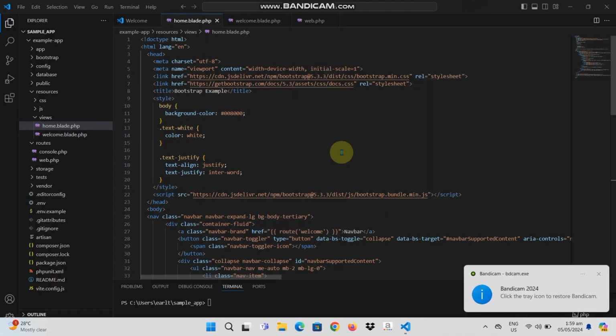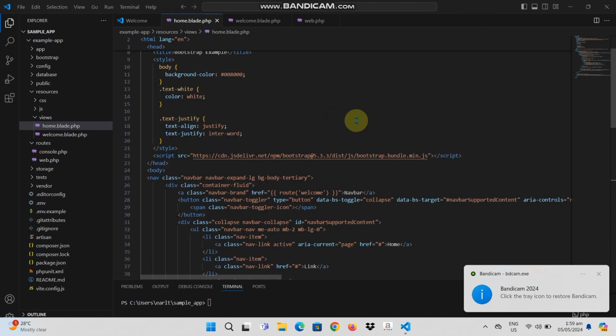So this is my activity 6, integrating Bootstrap in the Laravel.